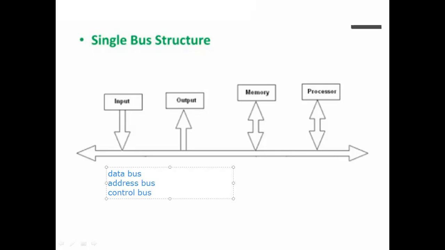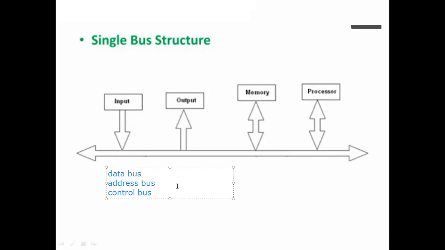What does the data bus contain? Data bus means data lines are there in that bus. Based on the data lines, we know the word length of the processor. Suppose the number of data lines is 8, then it will be taken as an 8-bit processor, the word length is 8 bits. Suppose you take 32 data lines, then it is known as a 32-bit processor. Like that we take the number of data lines as the data bus.